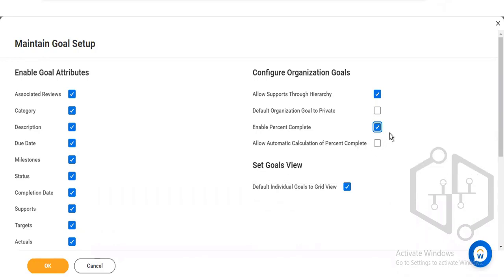Allow automatic calculation of percent complete. Normally yesterday when I showed you, what was happening is we have to go there and mark it complete or in progress, whatever the status is. Then whenever my manager is seeing that, he'll be able to see it. But in a different scenario, if there is a setup in such a way that the goal has multiple parts, like for an example, revenue or sales, in that scenario, what can happen is,